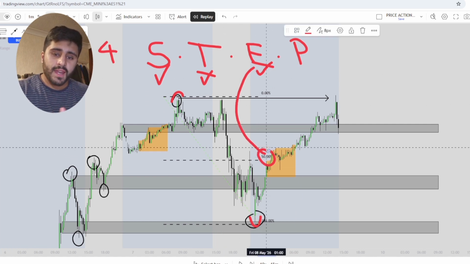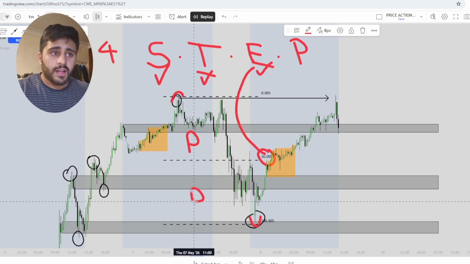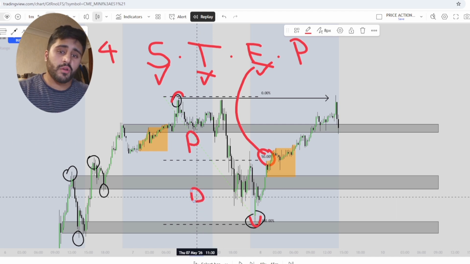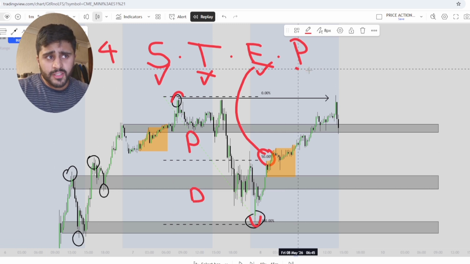For those who trade any kind of concept, this is maybe similar to ICT or smart money concepts. It is basically premium and discount. Now this is why this trade is a little bit more complex, but it shouldn't be too complex. I'm going to break it down. The next thing you're looking for is the price